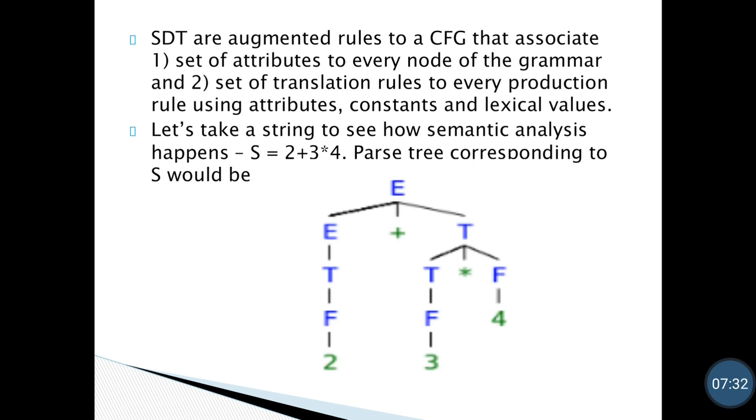So at the leaf nodes we have our lex values 2, 3 and 4, and in between we have operators plus and star. Multiplication will perform calculation first and after that addition will be performed.